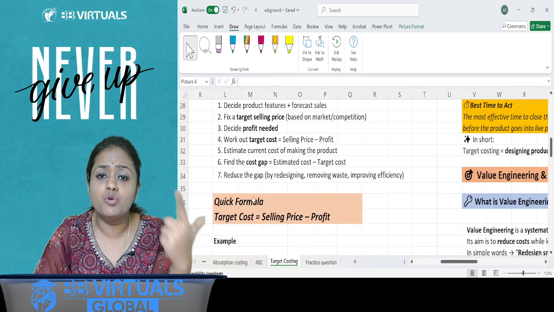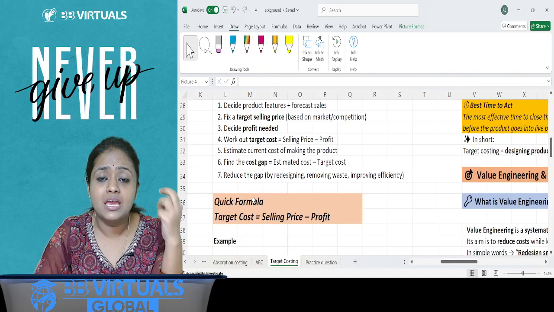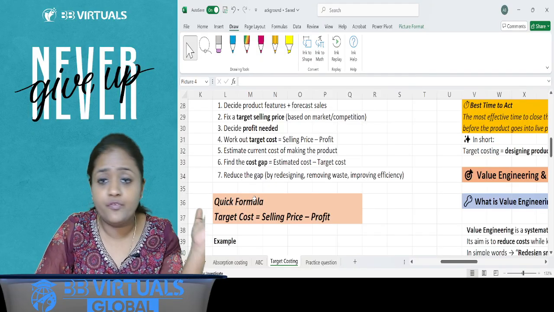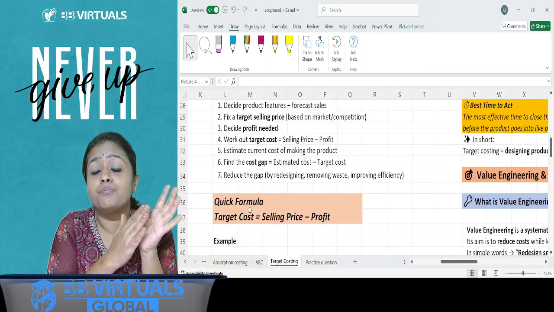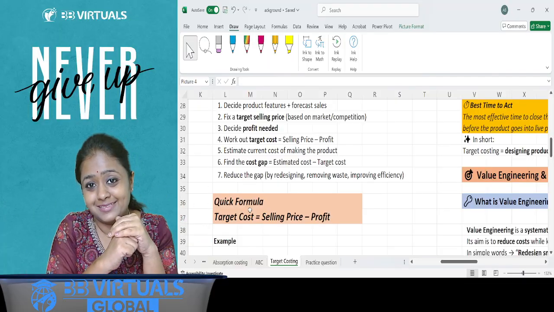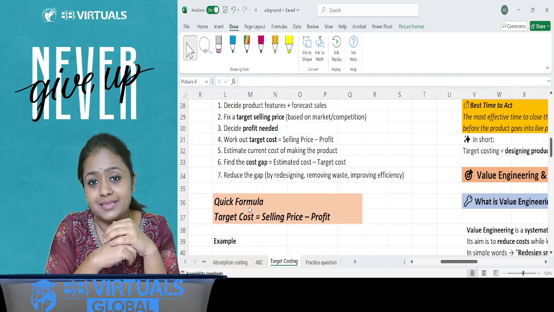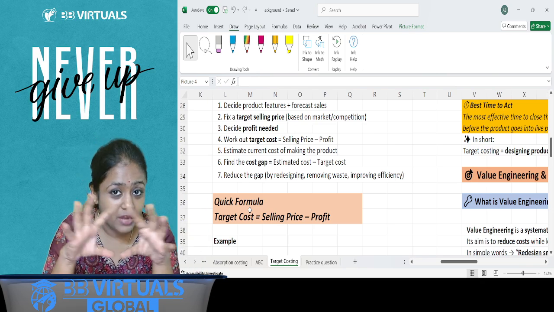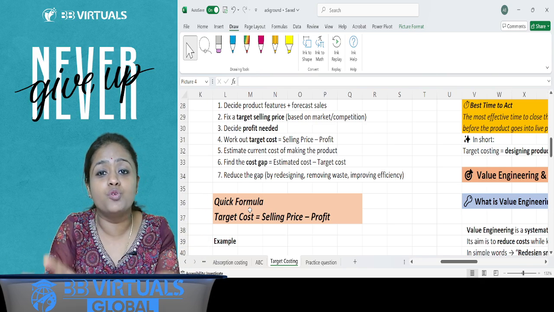Redesigning it, removing the wastage, removing the delays, removing the inefficiency levels. All of that is simply bringing in the ideal standards in place, bringing in the TQM in place, bringing in the JIT in place that we discussed yesterday, so that we have all these issues removed then and there.